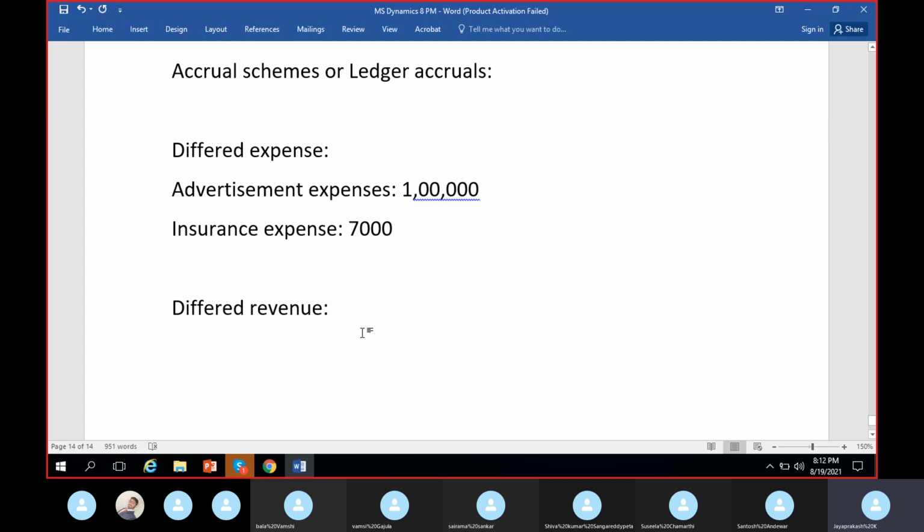So here you are paying, right? In deferred revenue, you will receive. So you will receive some amount from a customer, or a customer will subscribe to your product or your service from you, paying that amount, something like 50,000 he paid for a complete 1 year. So for this complete 1 year, you have to provide the service, right? He's paying 50,000 for a complete 1 year, and you are obligated to provide the service to that particular customer for